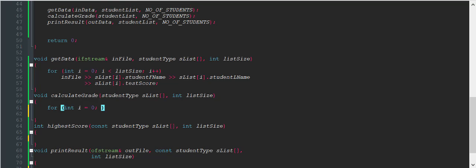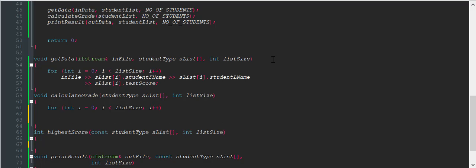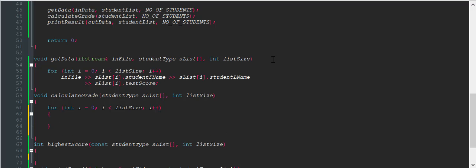And now after you're done with that, you can write in i is less than list size, i plus plus, and now we have a switch statement right there, and inside that switch statement we have s list index i dot test score divided by 10,